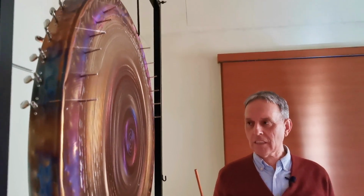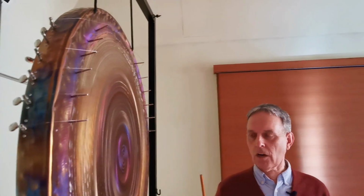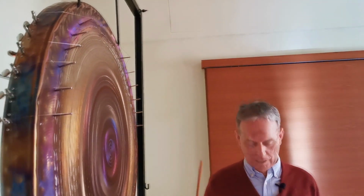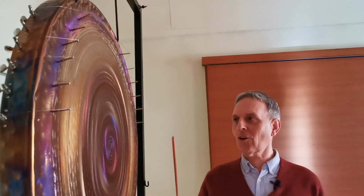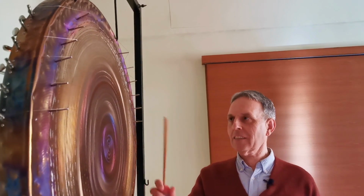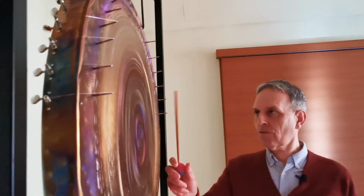The actual gong itself, again, has a very distinctive tone. It's very different to our Lotus gong we were looking at earlier. But let me give you a demonstration. Let me try in my novice way with this gong. I think everybody's going to be a novice with this gong, apart from the makers. Let's see how it sounds, shall we? I've sounded the harp part strings, but